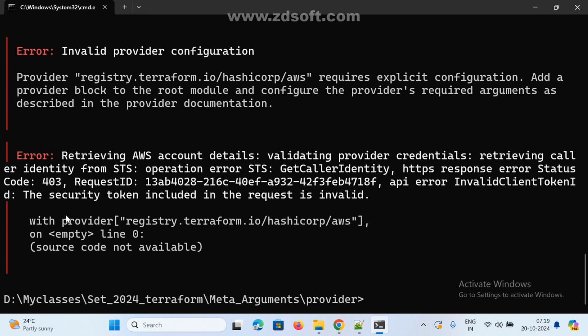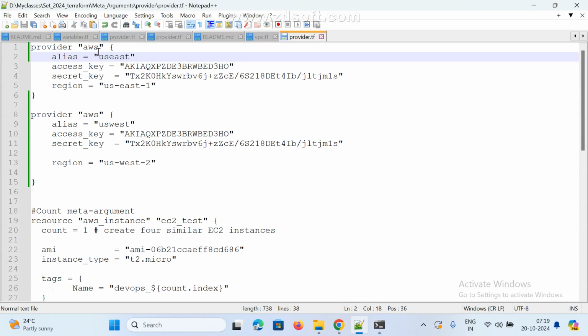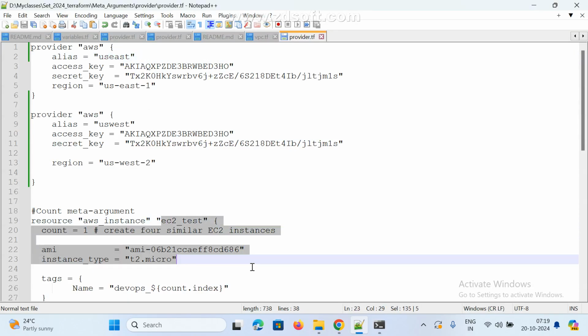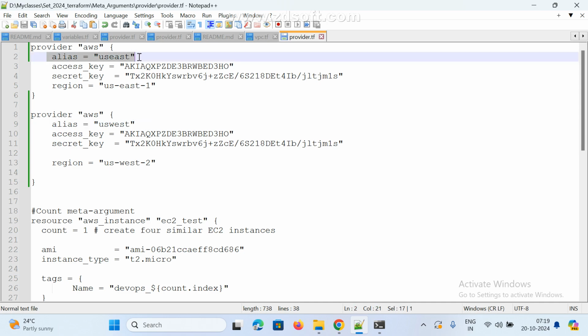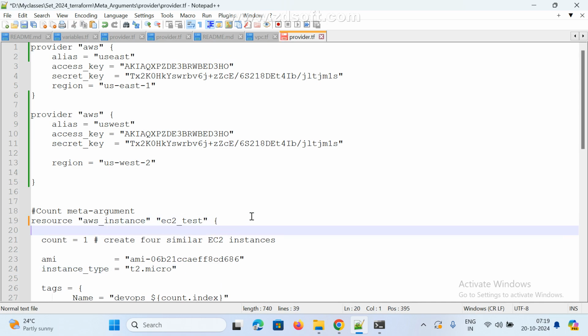Now here we are getting a provider, that is okay. Now go to here. Here I am using a provider. Now this instance we need to create. Where we want to create this instance, we need to mention, right? Here we are giving an alias name, here also we are giving an alias name. Now this instance should be created where? So here we need to mention. How are we mentioning? This is the syntax. Provider equal to